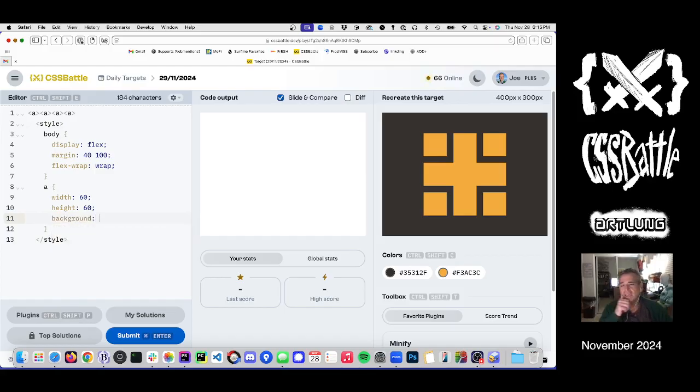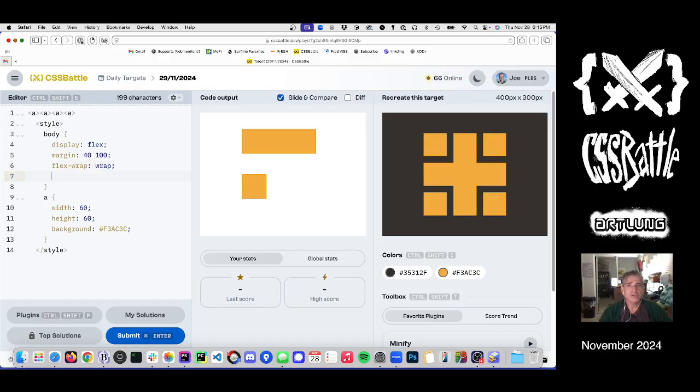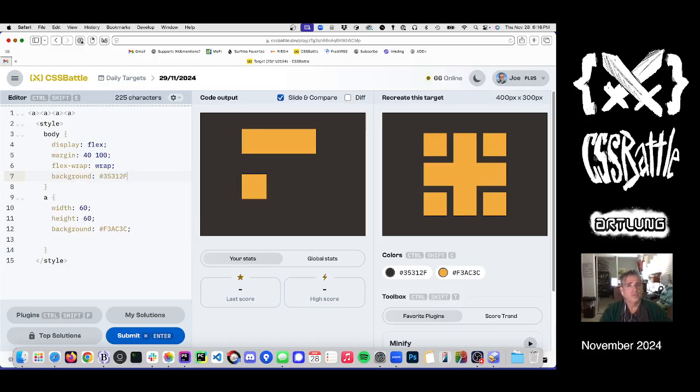I think in this case what I kind of want to do is do borders on the right and left. So let's do a background like that. We're going to need a gap of 0, actually we don't need that. And we need to put black as our background, or 35312F. Okay,